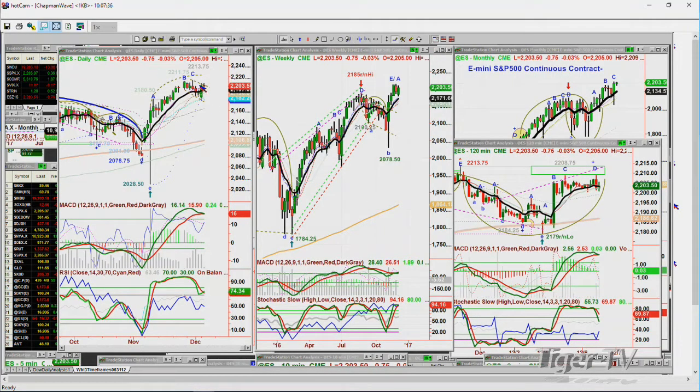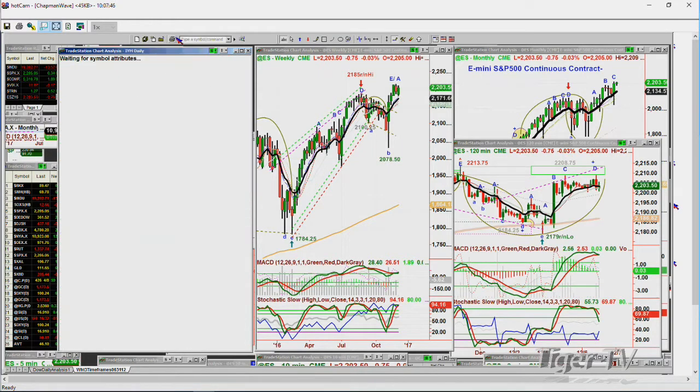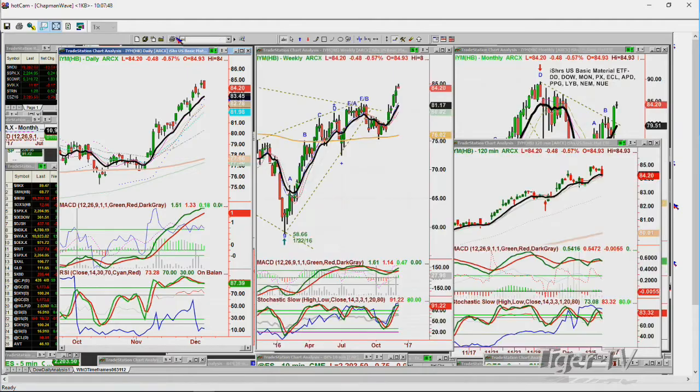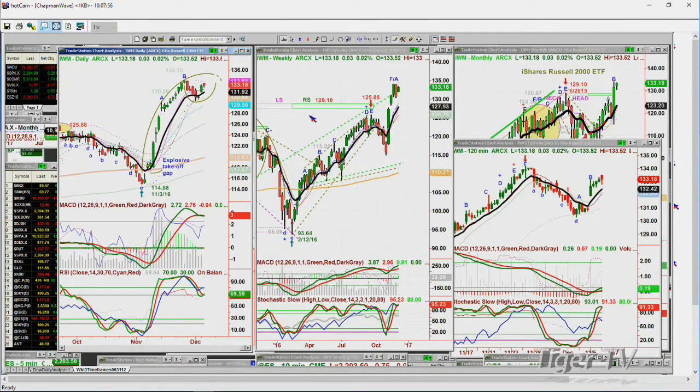So now what we're looking at, because the E-mini has the same configuration as the IWM. What is the IYM again? IYM is the iShares US Basic Materials. Look at that. So we are so close to a leg C. Now, this is the reason why so far we haven't gone short. We've been holding our positions in the Dow, almost all our long positions. We do have a couple of shorts. But what's really important about this